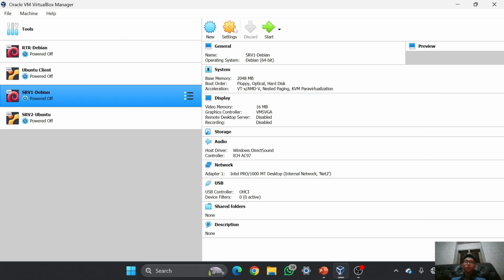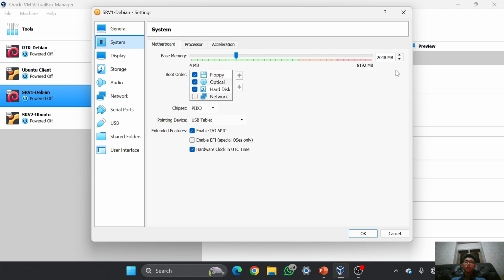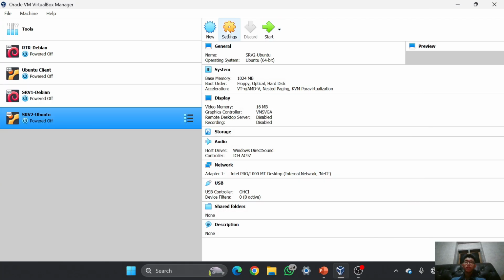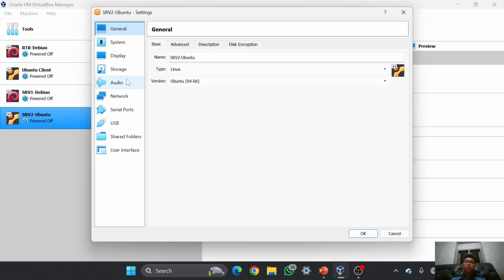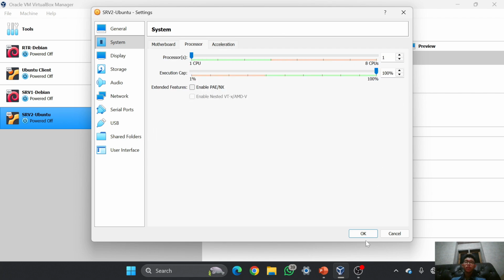And for the server 1 Debian I will use 512 megabytes, and for the processor only 1. And also for the server Ubuntu, I will also set it to 512 megabytes, sorry guys, and the processor is also only 1.